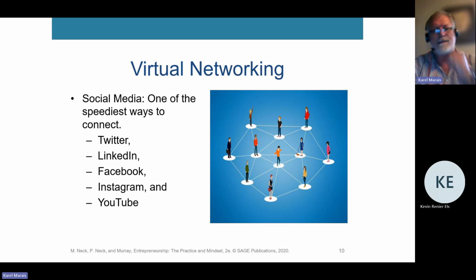And this is a section that will feature in your next assignment. There are so many different things in terms of social networks. We've got Twitter, which has now become X, if I remember correctly, LinkedIn, Facebook, Instagram, YouTube. All of these have the opportunity for you to connect with people. All of those provide ways to connect with people who are expert in the field. And then, of course, your stakeholders and fellow entrepreneurs are all on one or more of these